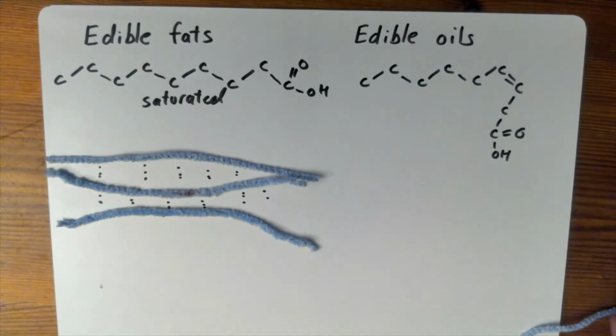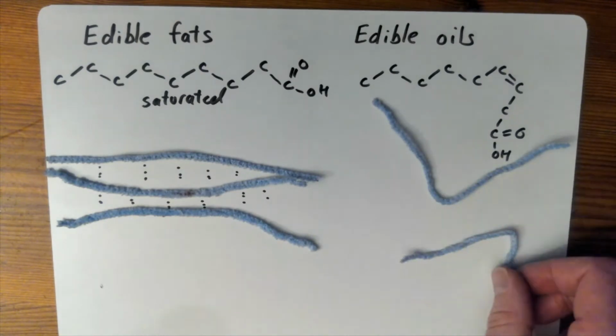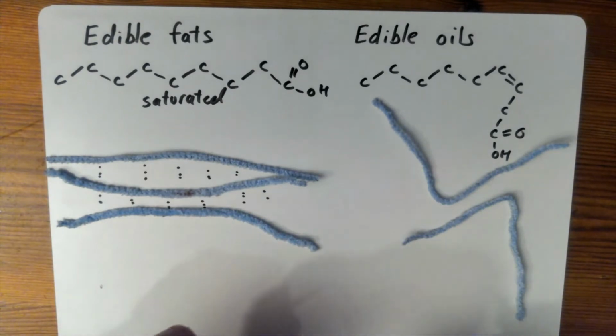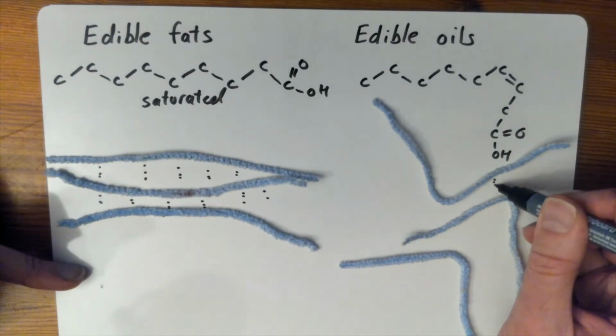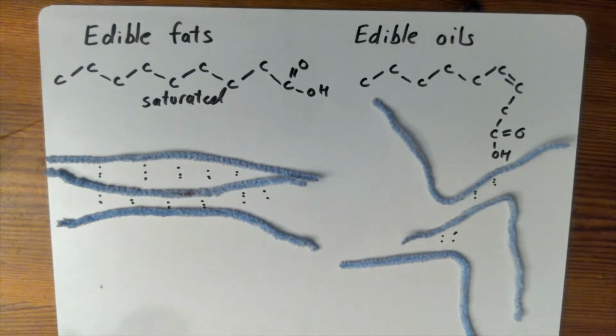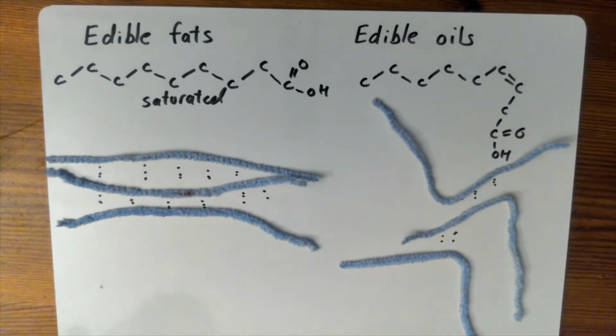So if I introduce a bend into the molecule, you can see that I can't pack these fatty acid chains so close together. This means there's less overlap between the fatty acid molecules. Therefore, there are fewer intermolecular forces to break. So the bonds, if you like, between the fatty acid molecules will be weaker, and therefore will require less